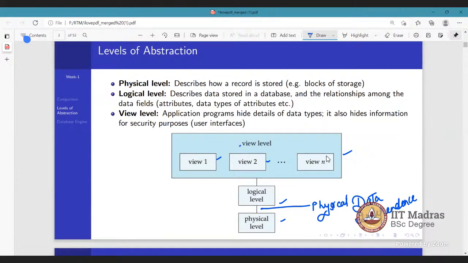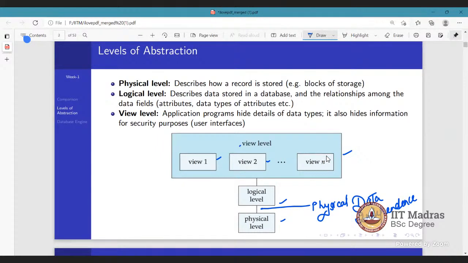Can you tell me what does data independence mean? Like by the name, what can you get from the name data independence? Change, like it is independent of something. Exactly.